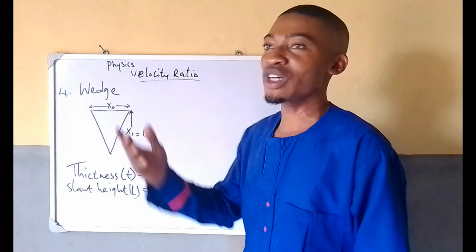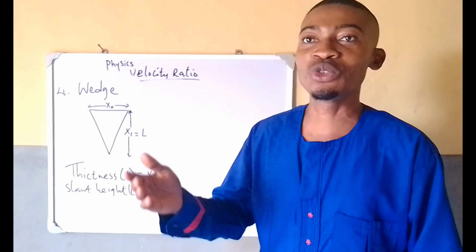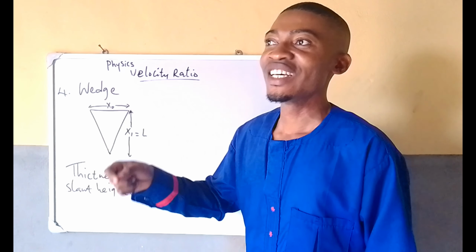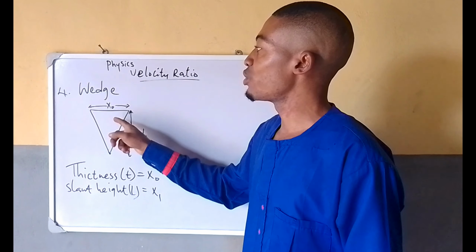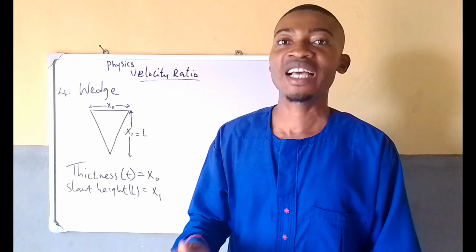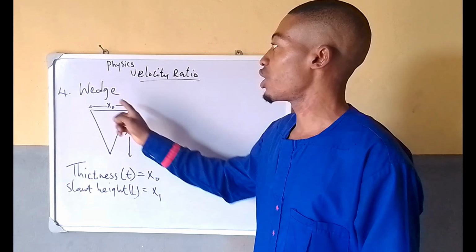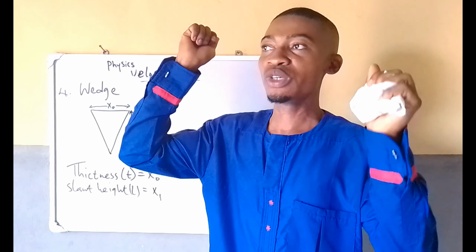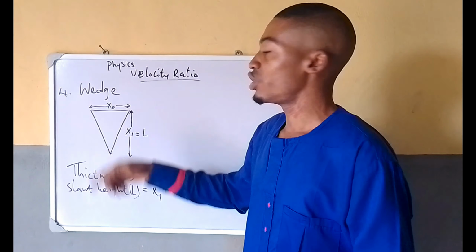The wedge. And what is the wedge? The wedge is a machine that utilizes two inclined planes. Anyway, try to understand this. A good example is the axe used in cutting firewood. The axe used in cutting firewood is called a wedge. How does it work? When you hit the axe on the firewood,